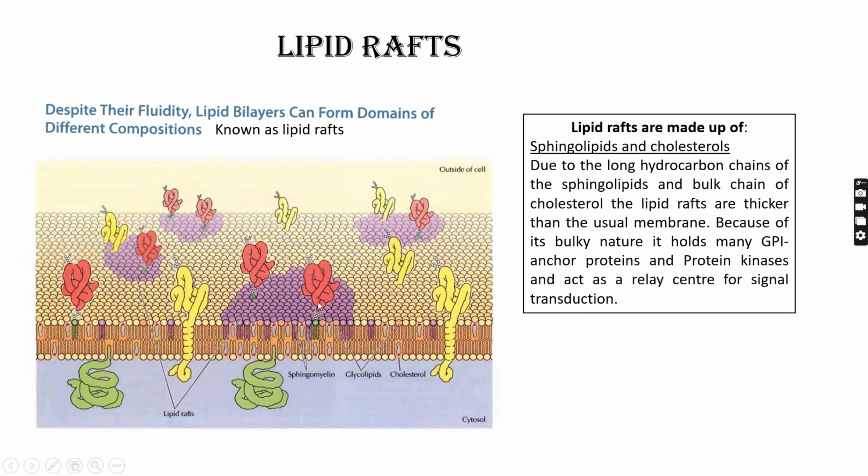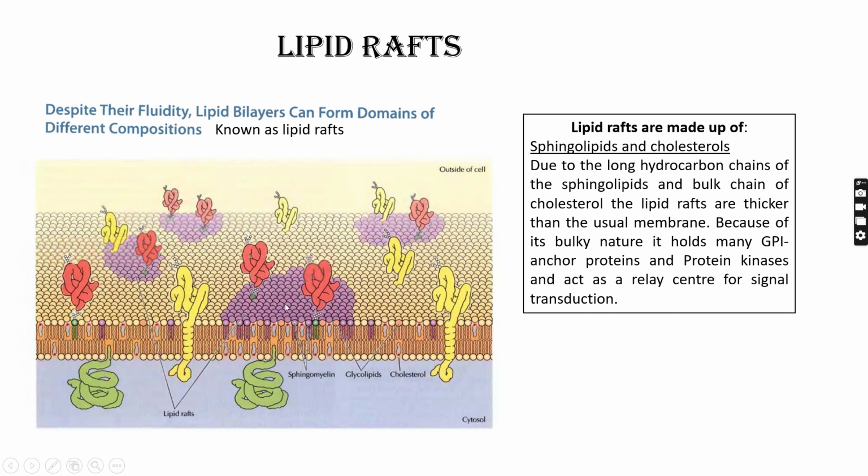It means the lipid raft is a rigid structure in the cell membrane. The fluidity of the cell membrane is not the same throughout the membrane. Somewhere it gets rigid, somewhere it gets fluid. So how do these rigid structures form in the outer leaflet of the cell membrane? It is very important that these lipid rafts are mainly formed in the outer leaflet of the cell membrane, not in